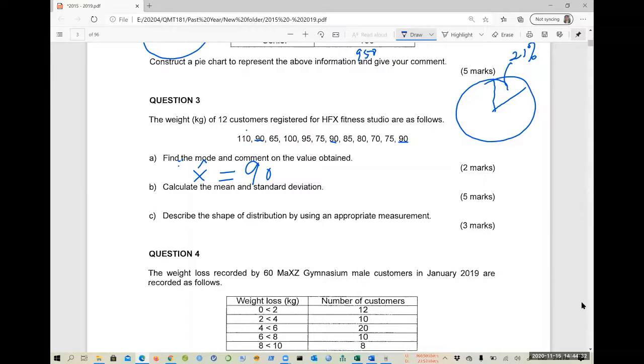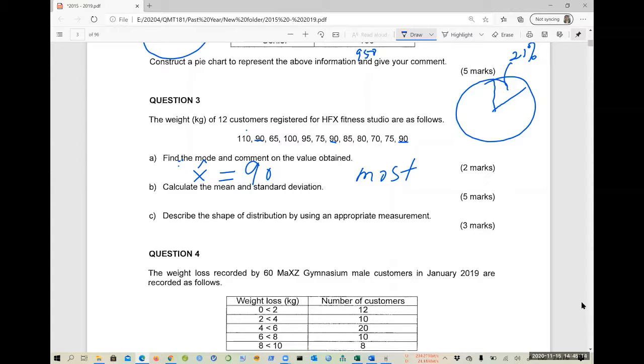Okay, for mean, you must have the words on the average ataupun average. Okay, so perkataan average tu mesti ada. For median, whenever you want to comment, you must have either 50% of the data ataupun the words half of the data. Ataupun kalau kata customer, you boleh katakan half of the customers weigh below something, right? Itu untuk median. Tapi untuk mode, you must have the word most, M-O-S-T. Okay, you must have the word most.